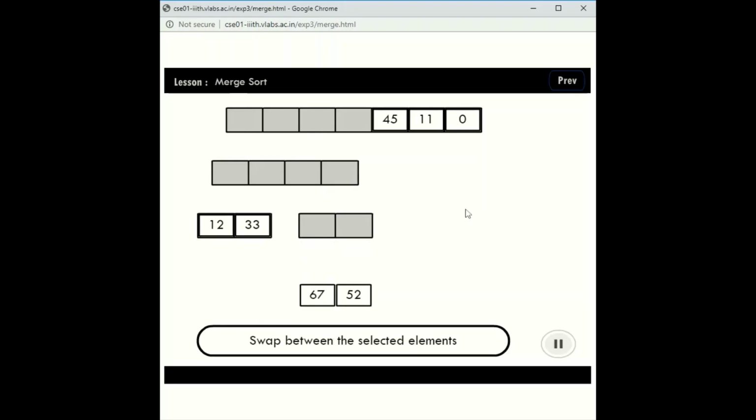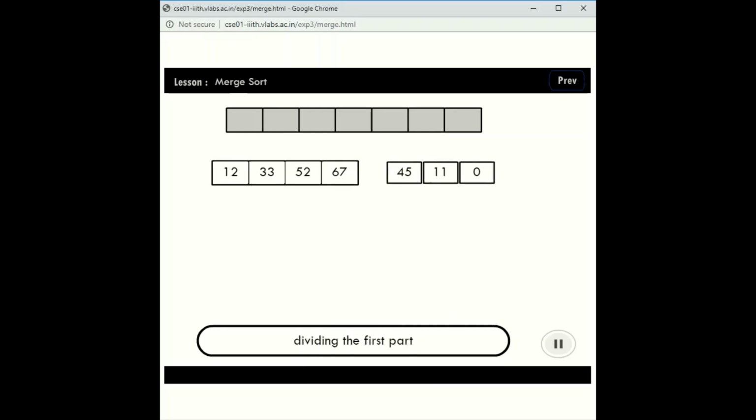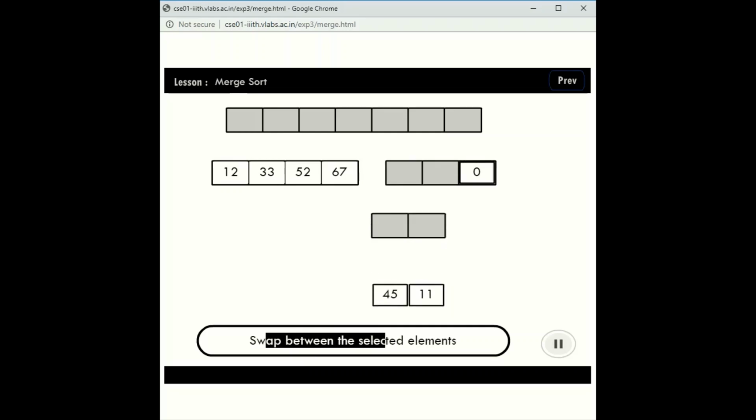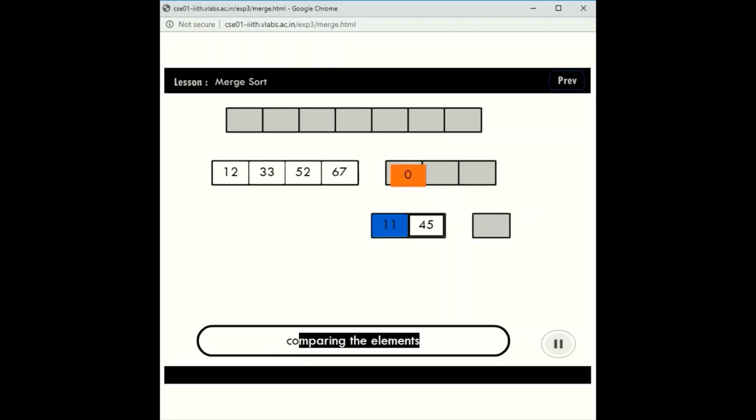This simulation is going to animate each and every stage of the merge sort, and it will definitely make your students understand the concept very clearly. During this animation, you can also observe that a textual explanation of each and every step is provided at the bottom of the window.